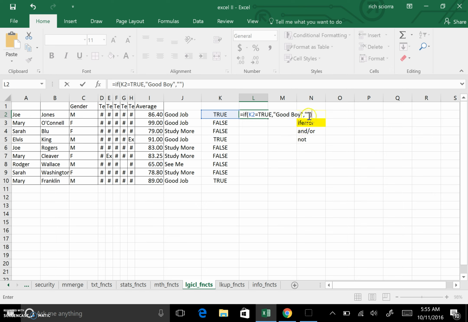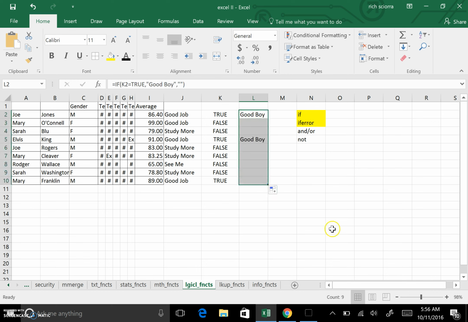And I can do that. I can put a quote with nothing between it and a quote, and that's what I'll get. So I get a good boy there, and that's identified the boys who, I've already identified them here, but just using another statement to refer to that allows me a little more flexibility in what is going to